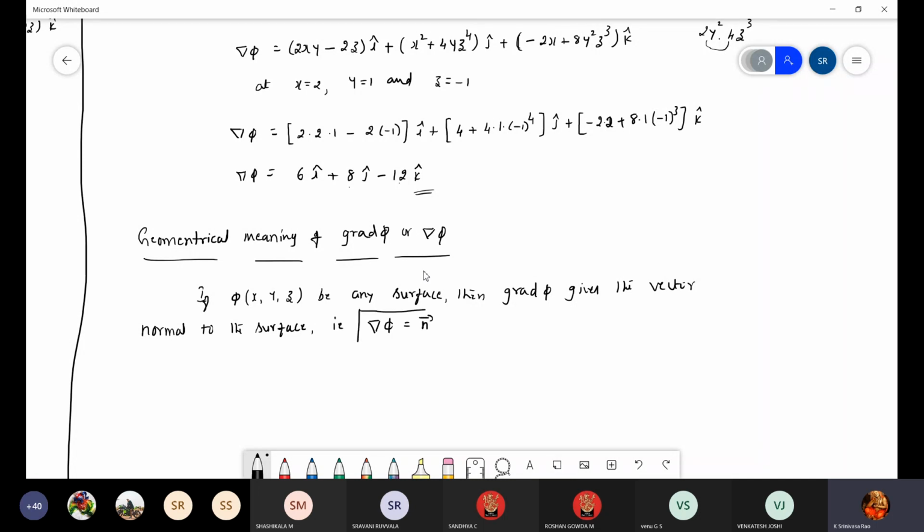So just put it in a box. Grad phi equals vector n. Next line. Therefore,